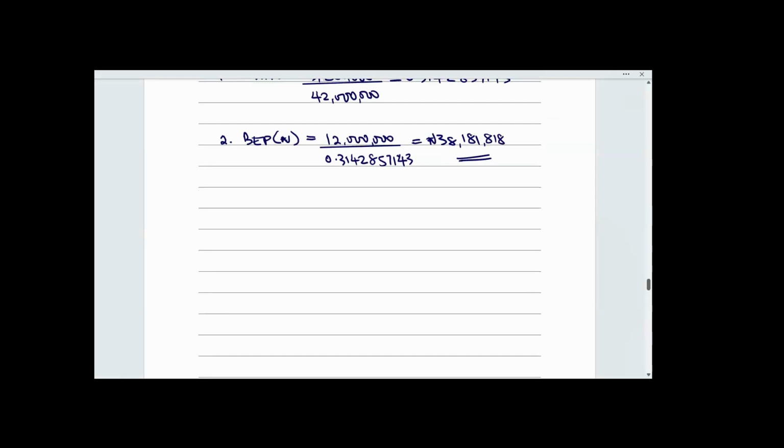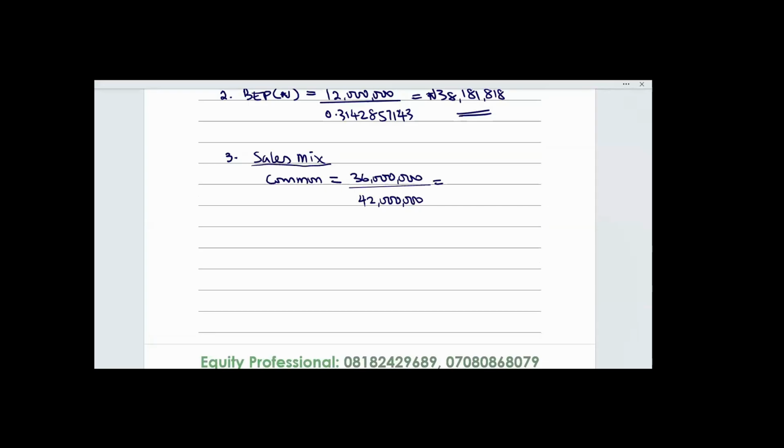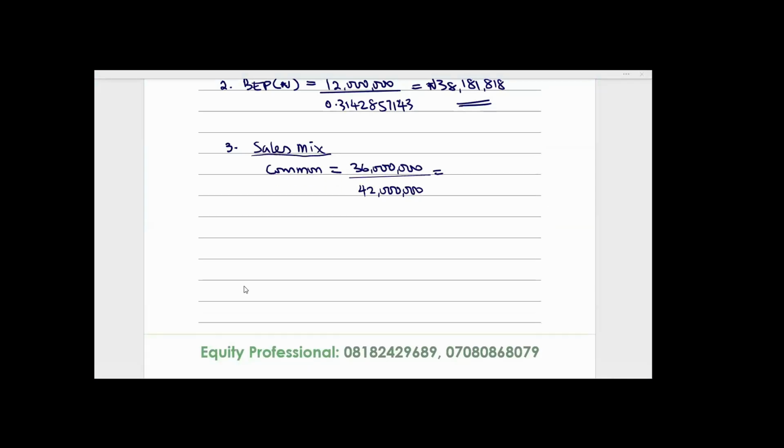So now that we have the break-even point in naira, we move to step 3, which is to calculate sales mix. Sales mix for common will be equal to the sales value of common. Sales value of common is 36 million over the total sales, 42 million. So 36 divided by 42, we have